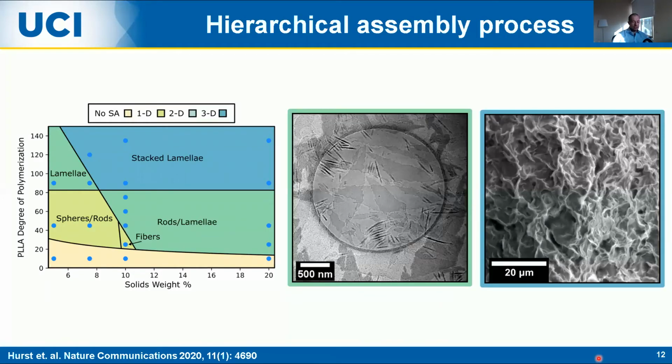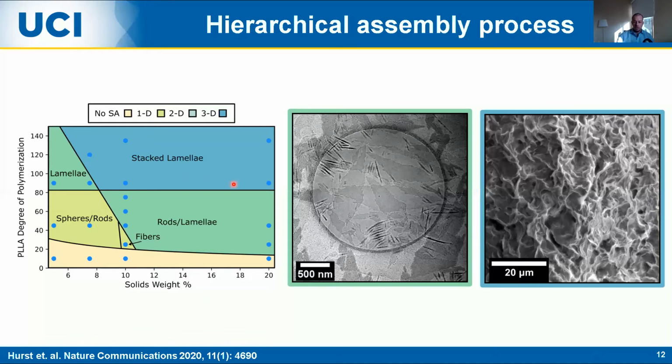So in these PICDSA processes, producing these phase diagrams is a very common thing to do. So the phase diagram shows us the different types of final structures we get as we vary, say, the concentration of our polymer in solution, or some structural feature of the polymer, like the degree of polymerization of one of the blocks. And Paul's done that, and he's shown that we can form a variety of different structures, 1D structures such as spheres, 2D structures such as lamella, and 3D structures such as these stacked lamella, which actually eventually form